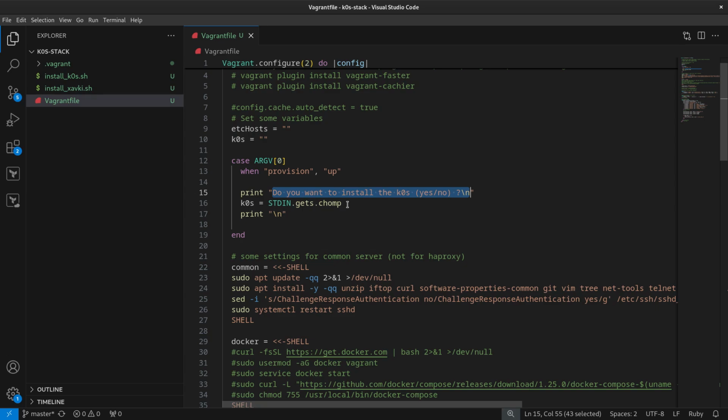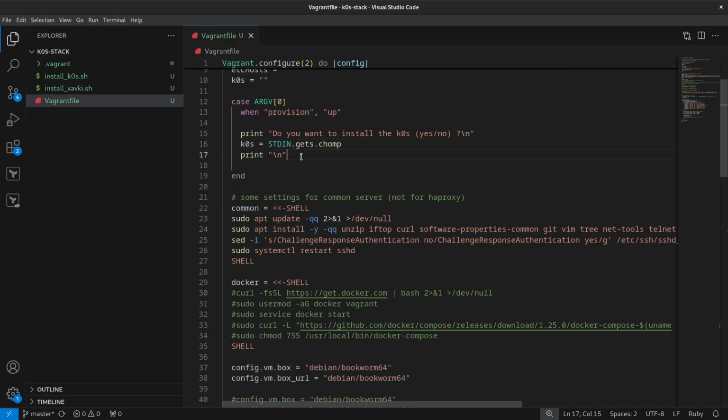the choice, and after that, this is in the Ruby language, I want to set my previous variable with the result of this question. So to do that, I just want to capture, to gather the stdin and get it and write it into the K0S variable.